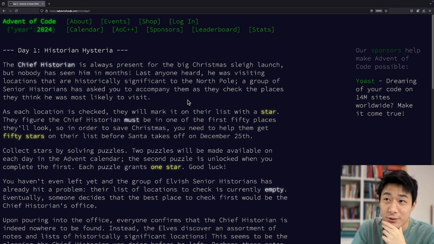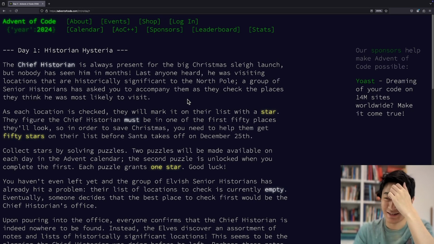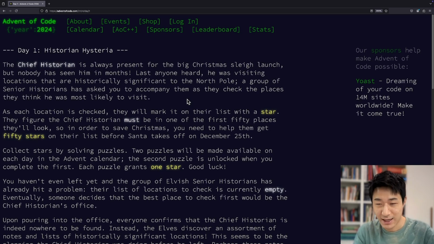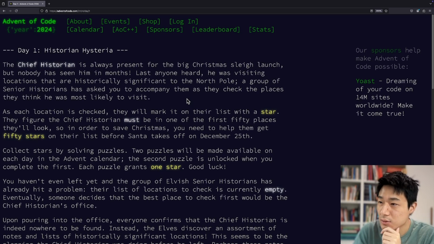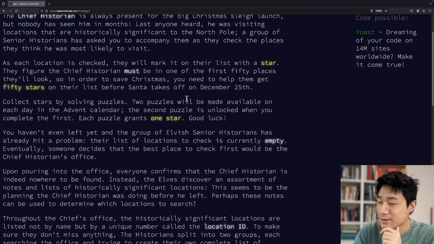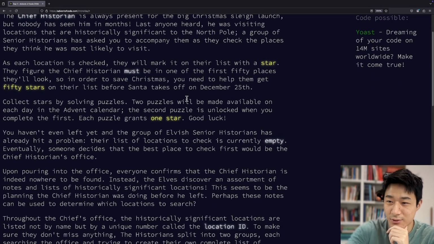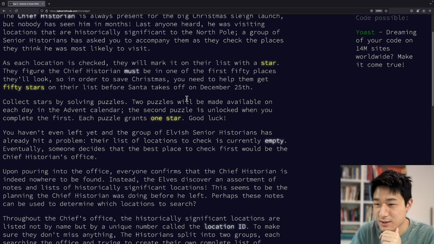So for those of you who don't know what Advent of Code is, I only found out about this 3 weeks ago. But basically, it's like a coding competition that goes from the 1st of December to the 25th of December, and every day they release two problems. And if you're the first 100 in the world to solve it, you get some points, and there's like a